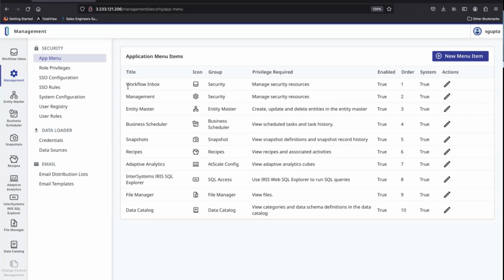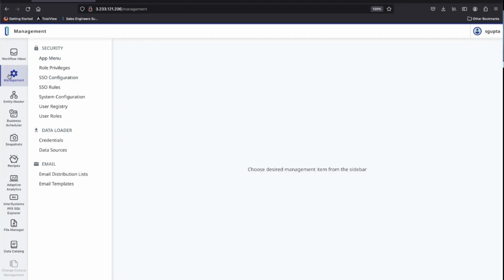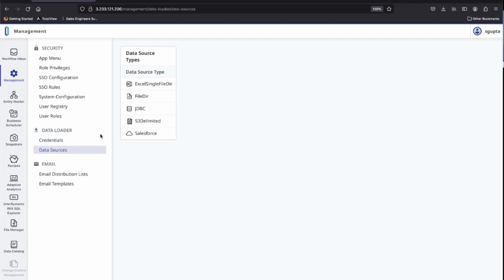What I might want to start by is showing you how you actually bring data into the TotalView service. If I go into management and look at data services, this is the demo system, so it's only got a subset of the different data source types that a system used by a particular enterprise may have. It just gives you an example of the various data source types.